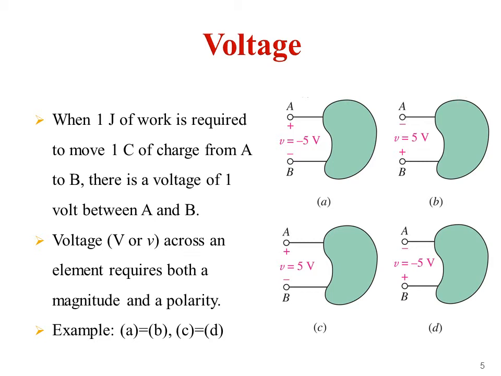Consequently, if you observe the C and D diagrams, in the first diagram C we have designated positive and negative, and we have assumed voltage as plus 5 volts. While coming to the D diagram, it is in the reverse direction of diagram C. Here we got minus 5 volts, but the current is entering into the negative. So here C is equal to D. That is, like your current, voltage must also be designated with both value and direction.